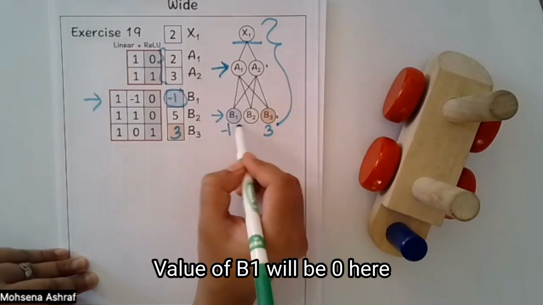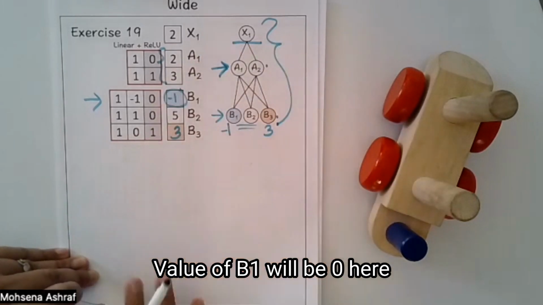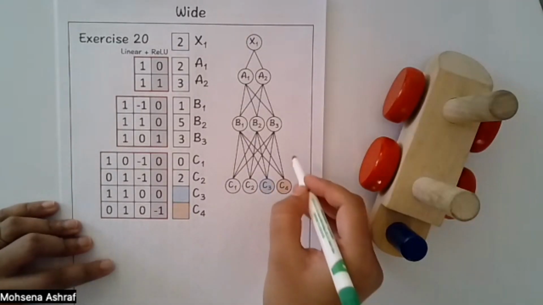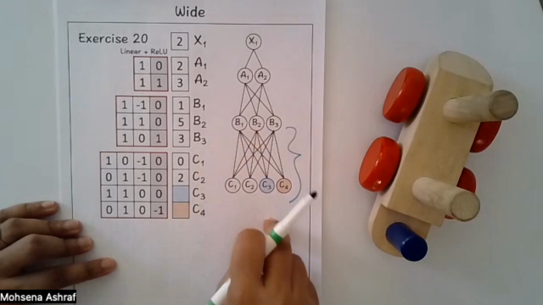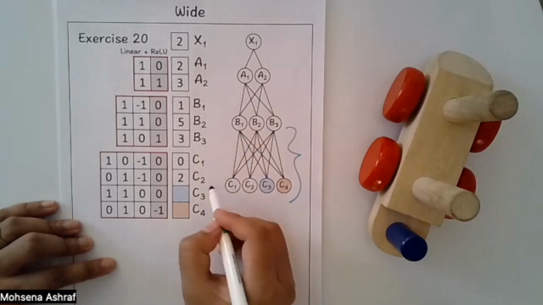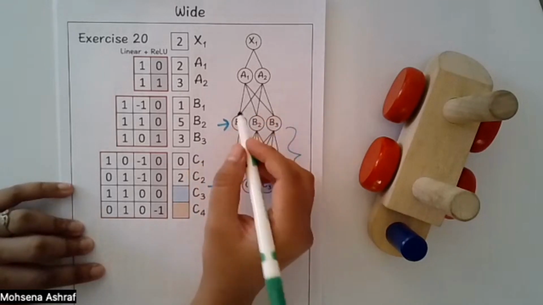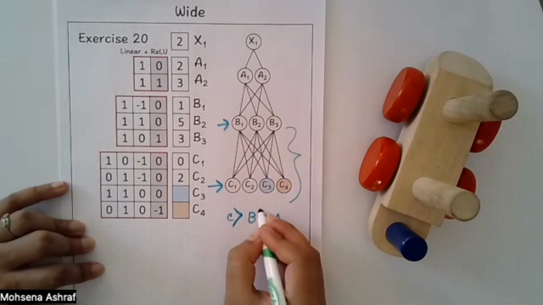And this layer we can call the final layer or output layer for this particular network. Next exercise, this network is getting deeper with another layer next to the layer B. And this layer C is wider than this layer B. So in terms of wide networks, we can say that C is wider than B and B is wider than A.